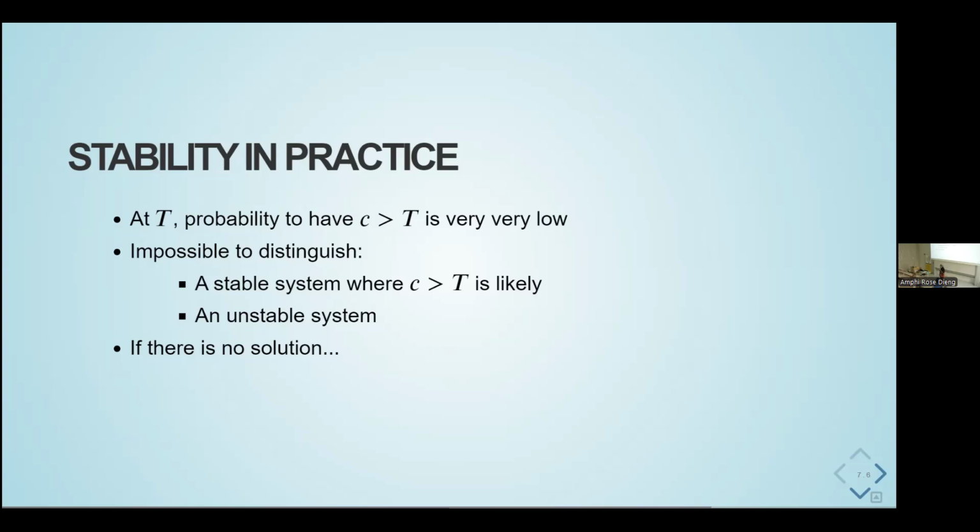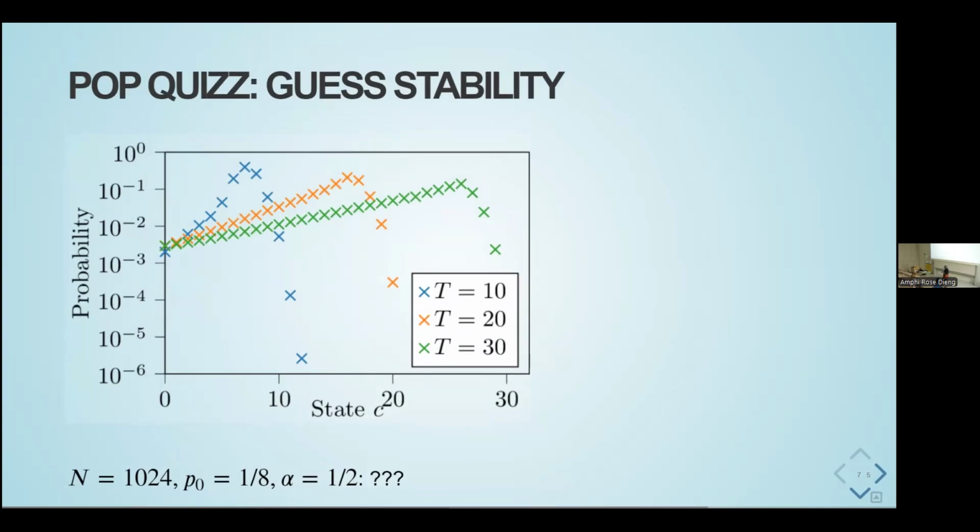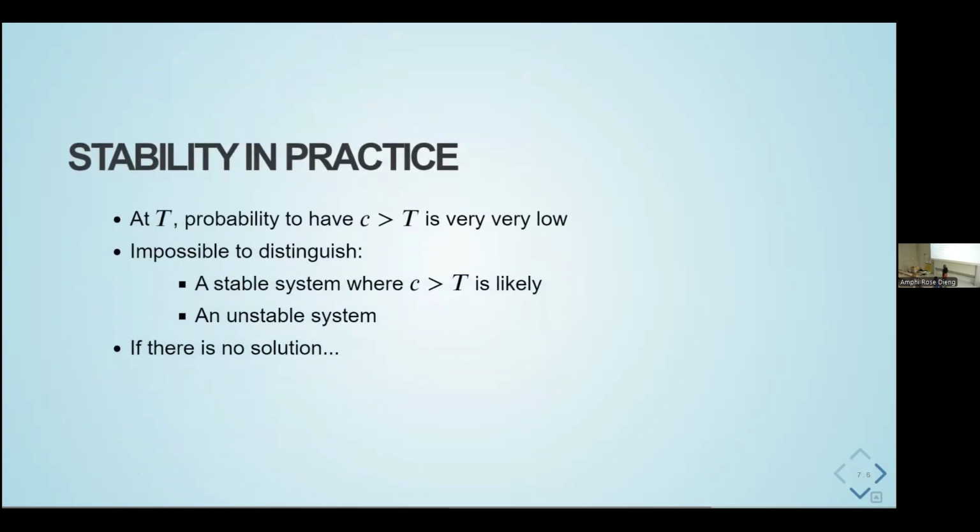And in particular, I will answer you, Ludovic. What you see there is just the front of the progression of the simulation. It goes down because you cannot physically have the time to reach the states. So this is what you see, the progression of the convergence of the simulation. And it's really impossible to make the difference between a stable state where you have positive non-negligible values of C greater than T and an unstable state. You will not be able to see the difference.